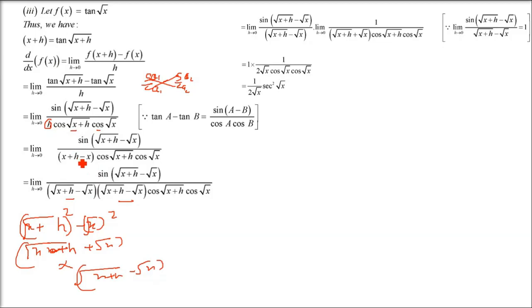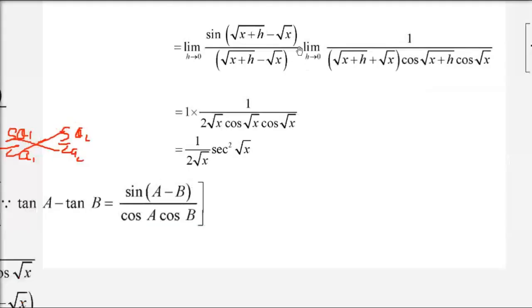Now this has come. We started with h. Okay, now what is this? sin θ by θ. This is θ. We will not talk about that whole term. sin θ by θ, if we apply a limit, what do you get? It's going to be 1. And this is plus, so this is going to be 1, of course.